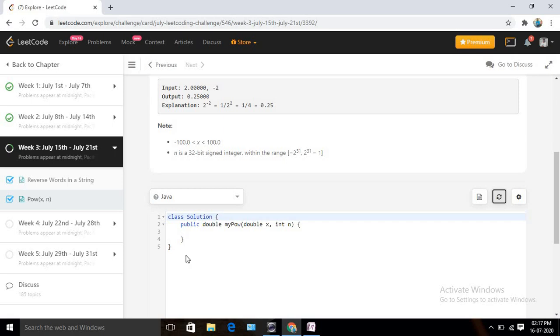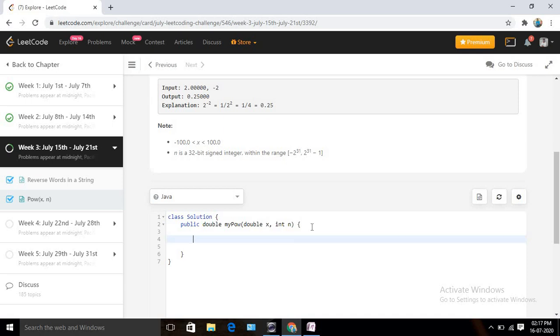In computer science we have an algorithm called divide and conquer, right? So what is divide and conquer? Suppose we have a big problem, we divide that problem into sub-problems, then we solve those sub-problems, and then we solve the actual big problem by merging the solutions of the sub-problems. So we are going to follow a similar kind of approach here. Let's write the code, and as needed I am going to explain the logic also.